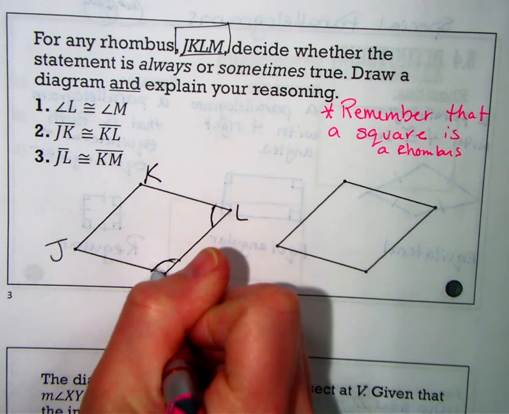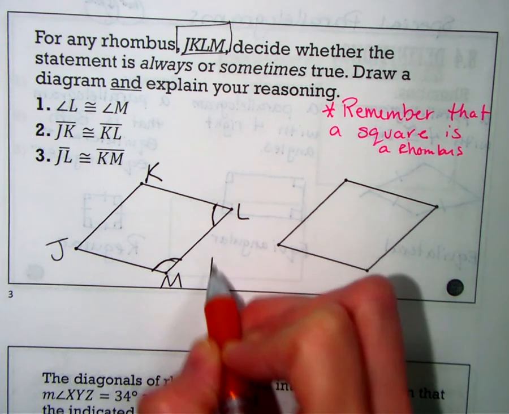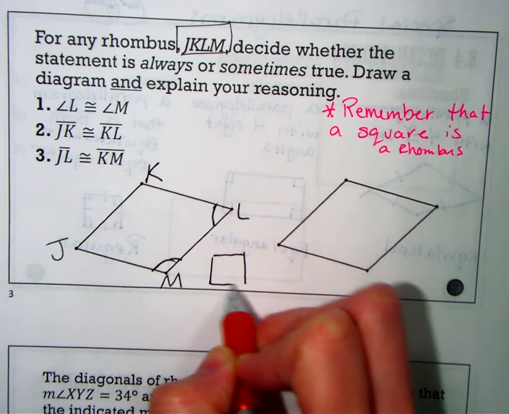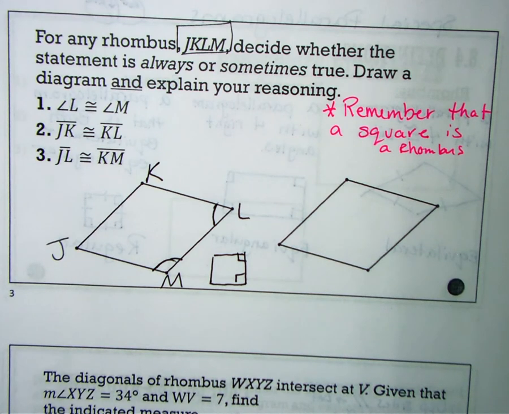Okay, so we just wrote down the properties on the other side of this, right? The other side of the paper. Did we write down anywhere that consecutive angles were equal to each other? No, we did not. So when would that be true? Well, in a square, which also happens to be a rhombus, isn't it true that consecutive angles are equal to each other? Yes. So this one is only sometimes,